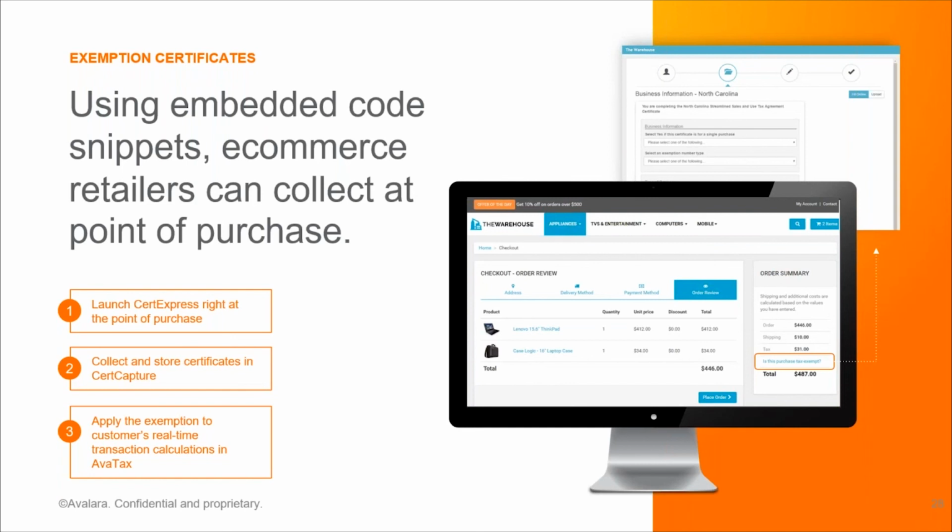It makes it an easy real-time transaction to get correct tax calculation, an exempt sale, and it makes your customer experience so much better. They don't abandon that cart because they have to call someone to deal with it.